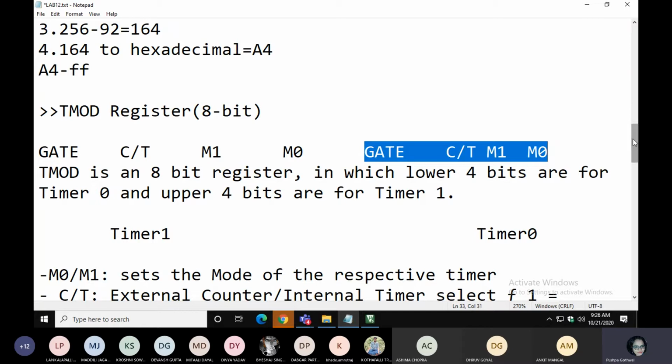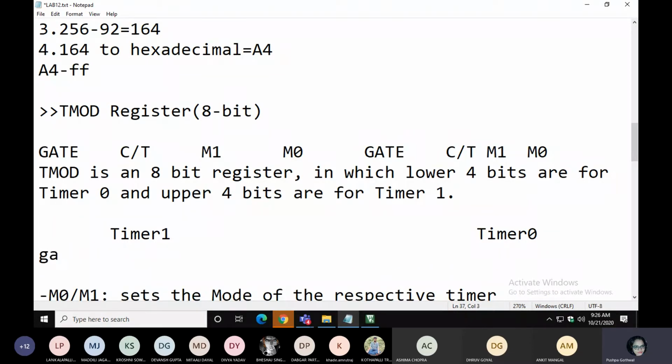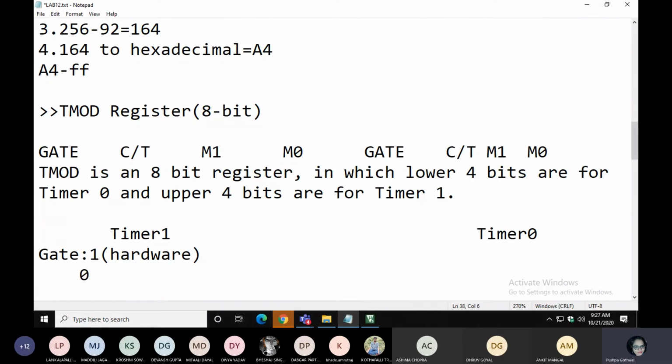So what is the purpose of gate? If this gate is 1, it means you are starting your timer via hardware, meaning you are providing an external signal to start or stop the timer, like in your mobile, once you start the timer you will stop the timer. So if the gate pin equals 1, your timer is started by the hardware. If the gate pin is 0, it means your timer is started by the software, meaning inside the programming you are starting your timer.